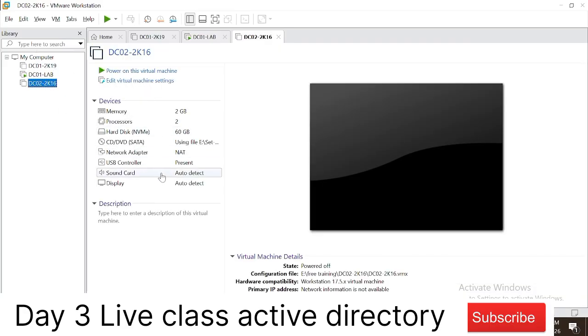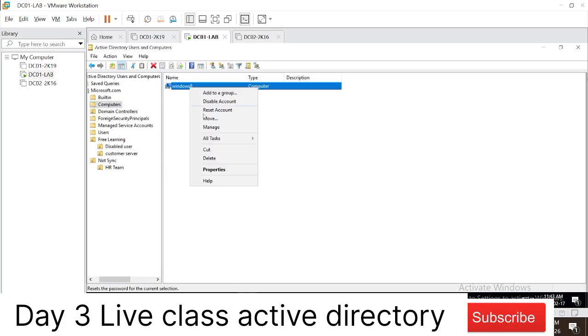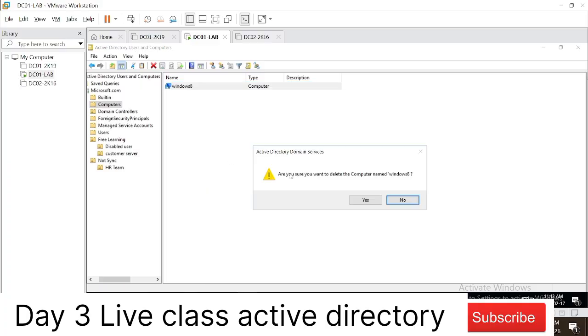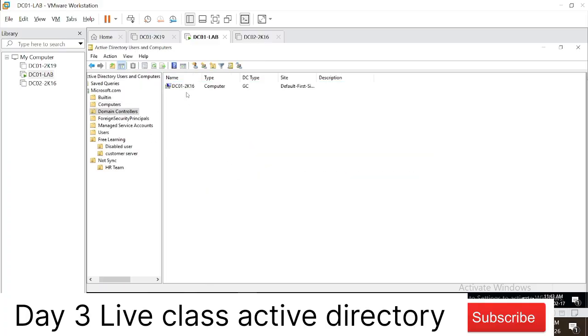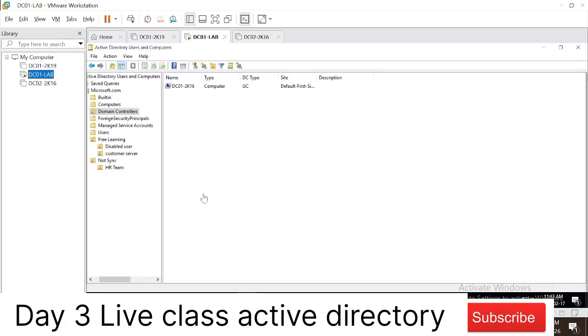Yes. In our next session we will be covering how to join the domain into your computer. This is my other machine. If you see computers right now, you see only the computer I just created, and I can delete this. If you see domain controllers, you see only one. Tomorrow we will be creating this machine. This is a non-domain-joined machine. I will join this machine to our Active Directory. After joining the domain, it will become the secondary domain controller and will start showing here. How to join the domain, and what errors we get, we will troubleshoot tomorrow, and then we will explain why we need another DC.